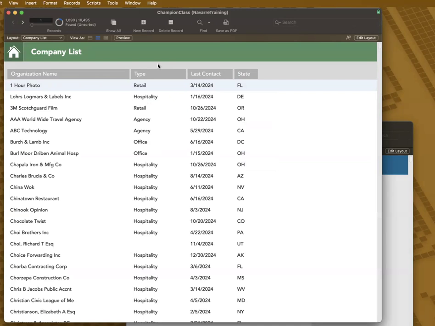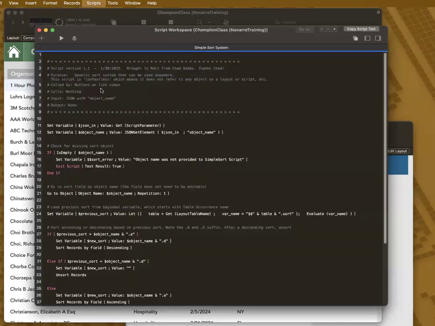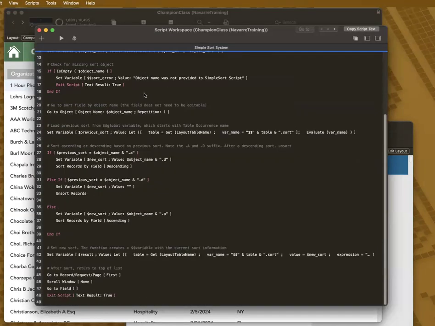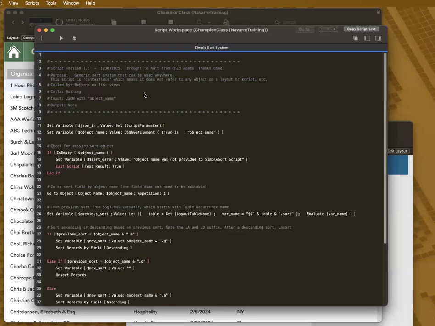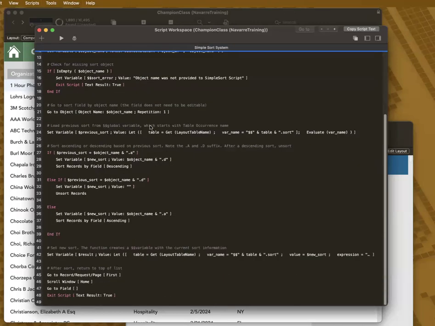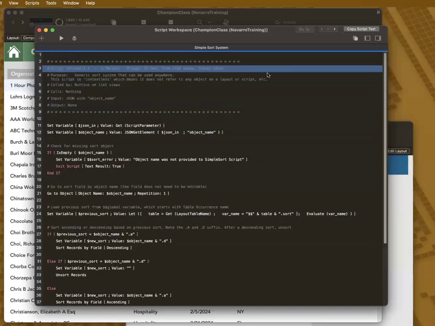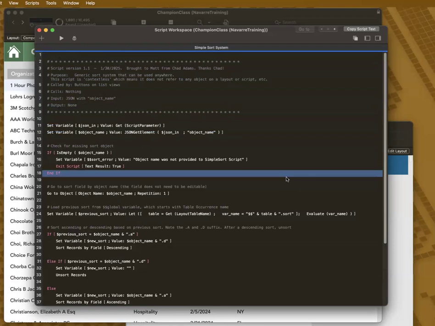So let's start with the script. Take a look at it. It's just one script. I called it Simple Sort System. It's short, and in the demo file you can download it and pick it apart. It has some very clever things in it. I did not write this. This is actually from my buddy Chad, and he showed this to me a couple of years ago when working on a project. And I think it's been in use with his organizations for a while. So it's not new, but it's definitely cool, and I didn't know about it, and maybe you didn't either, and